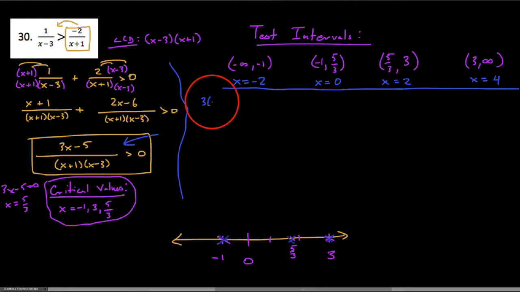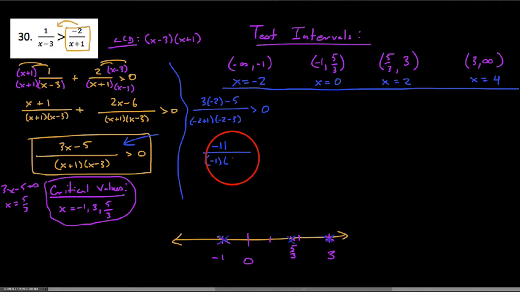So testing this out, we say 3 times negative 2 minus 5, all over negative 2 plus 1, negative 2 minus 3. And we're claiming that this is greater than 0, according to the original expression right here. So let's test this out. I get 3 times negative 2 is negative 6, and negative 6 minus 5 is negative 11. In the denominator, I get a negative 1 times a negative 5. Let's assess the situation. Down here, this is all a positive. I get negative 11 over a positive 5 is greater than 0. But that would be false, because a negative cannot be greater than 0. So I'm going to toss out this interval right here because it couldn't be a possible